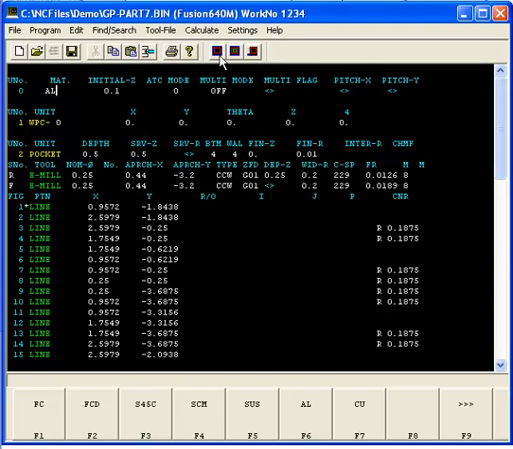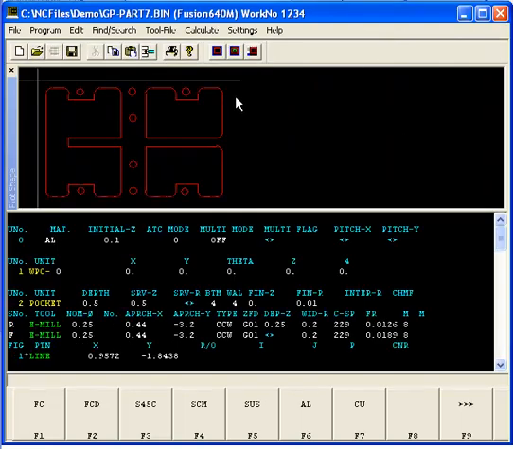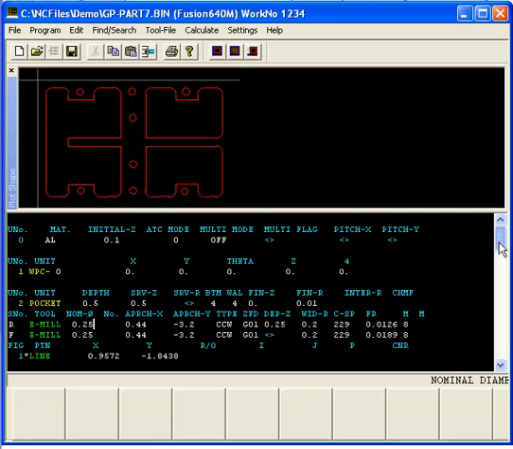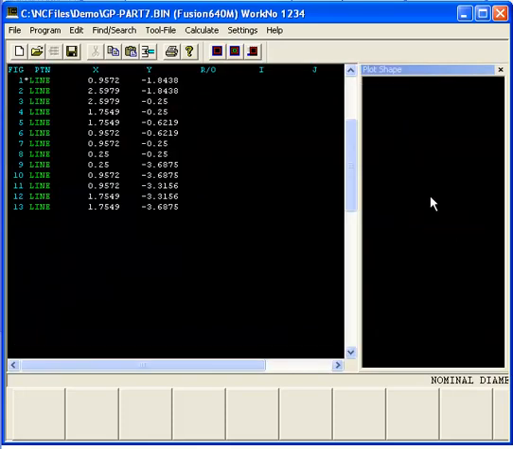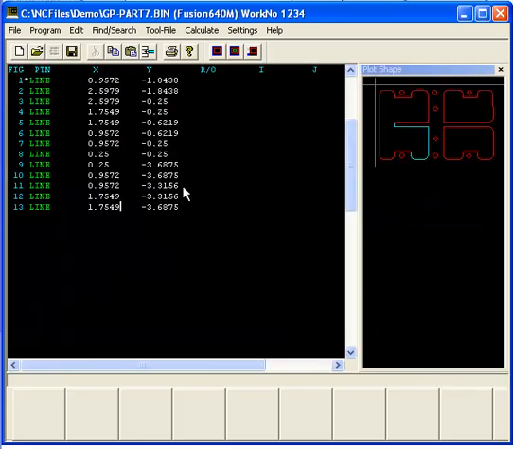This is the toolbar button right here, plot shape. We'll make a picture of the shape, and you can put this simultaneously with the program, so you can look at your program at the same time as the picture there. You can put it on the top. I can move it over here on the side, wherever you want to put it.